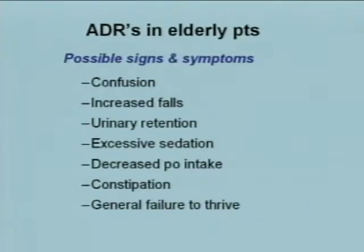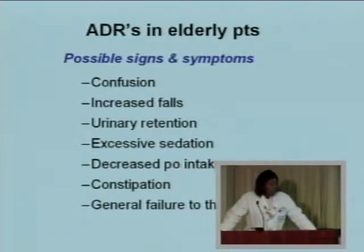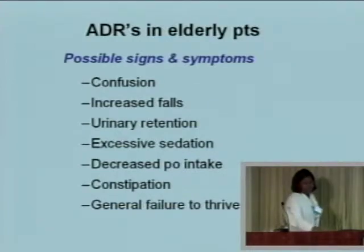Adverse drug reactions in elderly patients, possible signs and symptoms of an adverse drug reaction: confusion, falls, urinary retention, excessive sedation, decreased PO intake, constipation, and just a general failure to thrive. What happens when this elderly patient presents to the doctor's office? Lots of times they just present this way, confused,